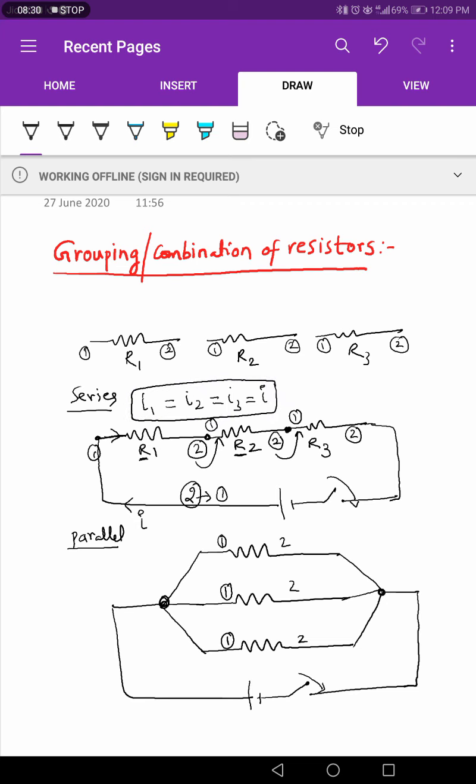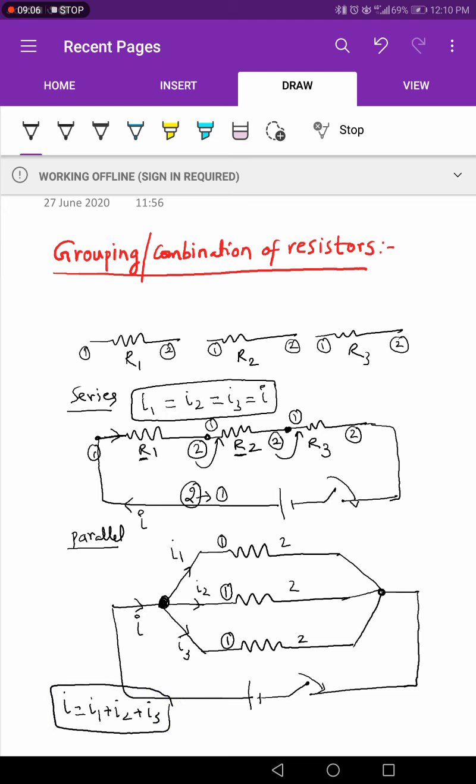This point you should remember. But in the case of a parallel combination, once the current reaches the junction, how many paths are there for the flow of current? Three different paths we can see. So the current splits, the electrons are splitting, that's why the current is going to be split. So the current is deviating. That means we can write I is equal to I1 plus I2 plus I3.